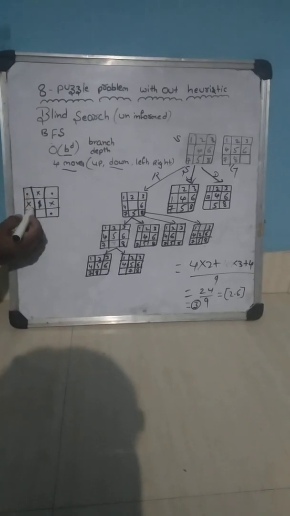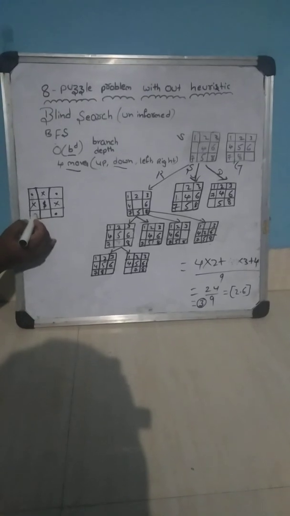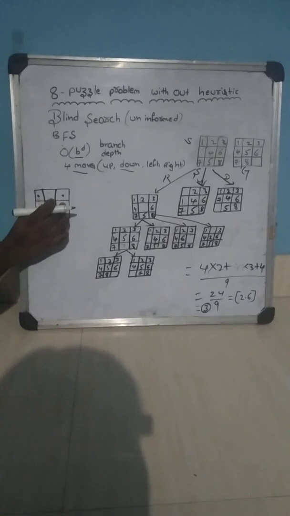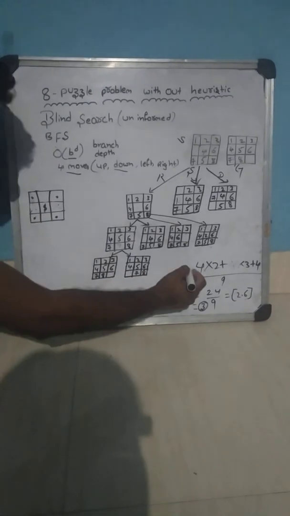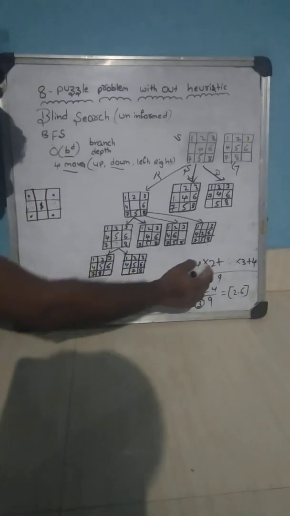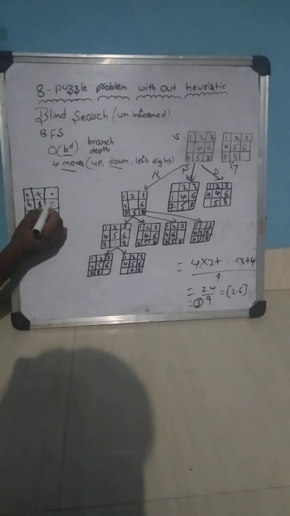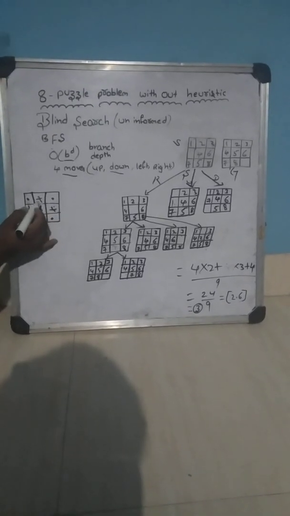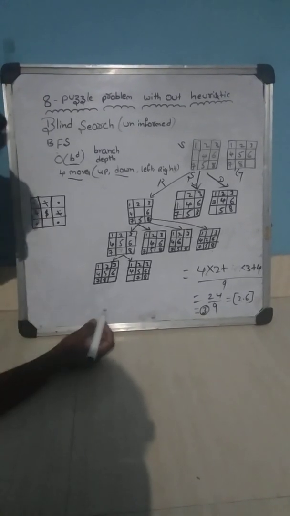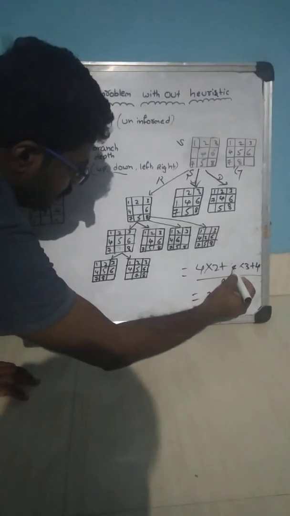Now let's assume that you have one empty slice. What are the possibilities? Let's assume that you have 4 moves here. 1, 2, 3. So if you have only 4 moves, what happened? We can do only 2 moves. So I am following some order of b to the power d here. So I am writing 4 into 2. Let's assume that next I have only 3 moves. 1, 2, 3. So if you have 3 tiles, how many options are moving here? So I am writing 4 into 3. 3 options, I am writing 4 into 3 here.